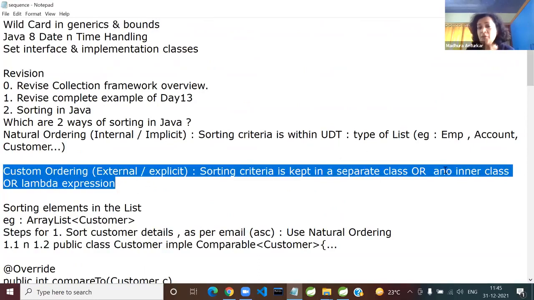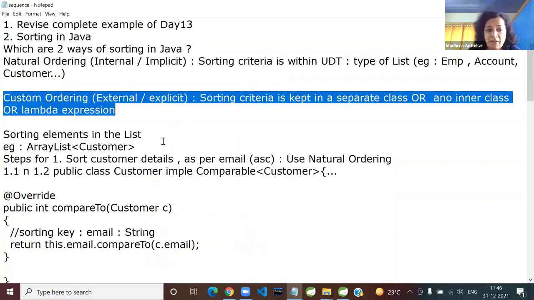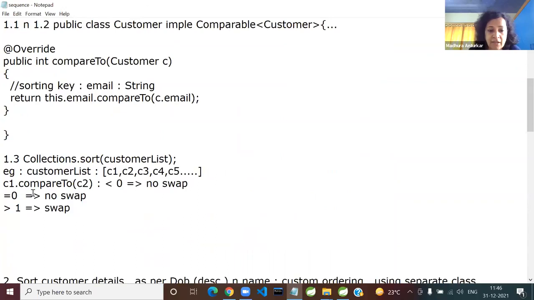And since some of you are saying anonymous class, maybe they knew it from their past, but I will start with anonymous class and lambda expression some other day, not today. So now I'm talking about another requirement.